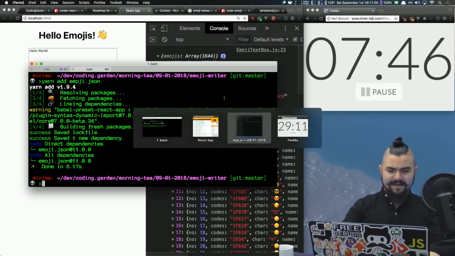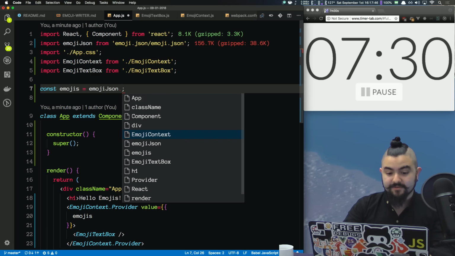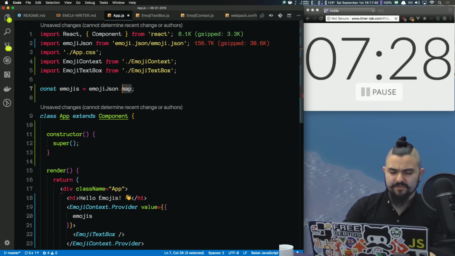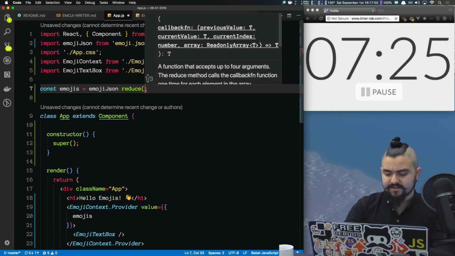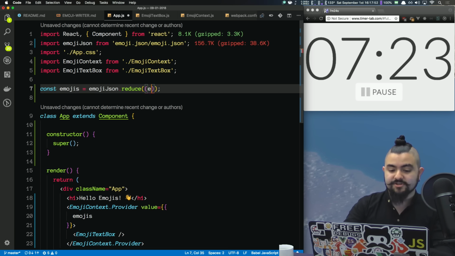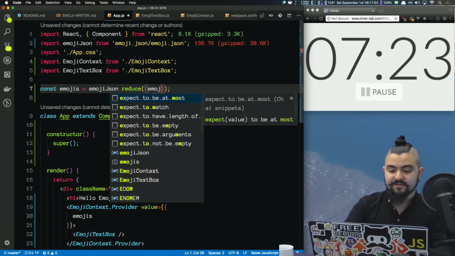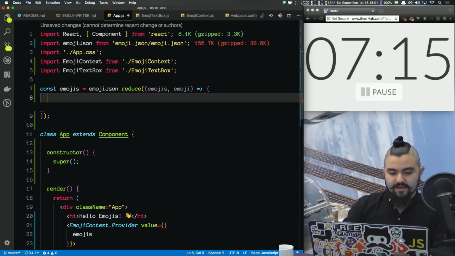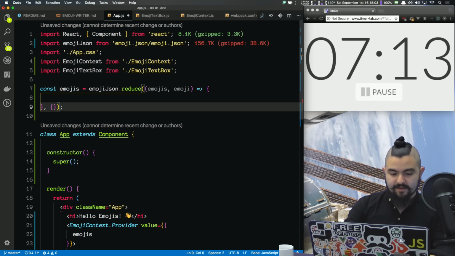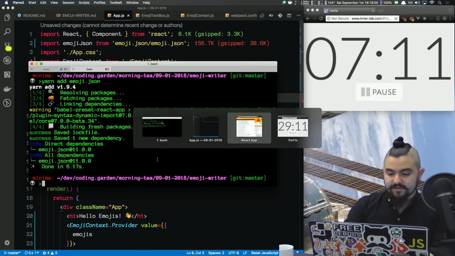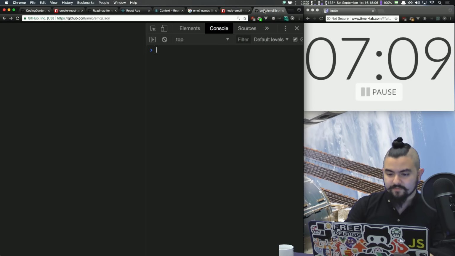Cool. All right, let's build up this map. So emoji JSON is an array. So we need to map over it. Well, we want to reduce it because we're going to be turning it into an object. So this is going to give us access to each individual emoji. But we will be creating emojis, and we're going to be building up an object. So what we want is, for instance,